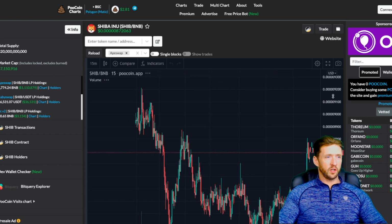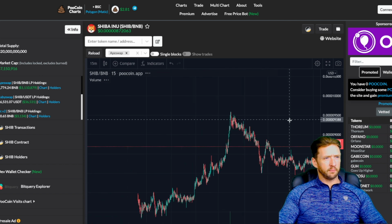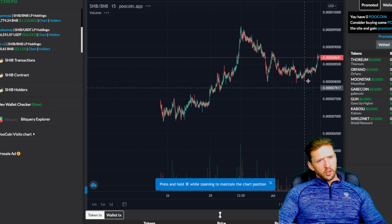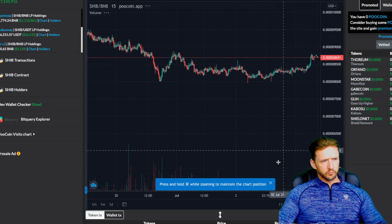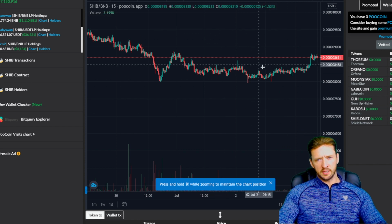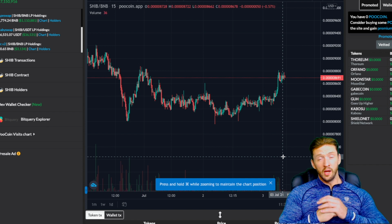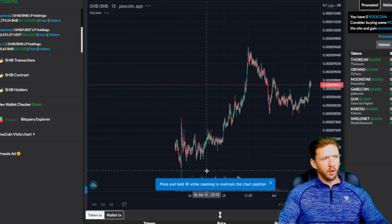And as you can guess with Shiba, it has been flying. I mean, this is mad. This price action is quite mad. I'm going to jump down to show you the time frame. We're only interested in this bit here. I'm just giving an overview, but for the sake of this comparison we're only going to go for the last 48 hours. So let's see, they went from 7,970 up to 880. So in hindsight, although price action's been quite stable and it's had big pumps from way down here,